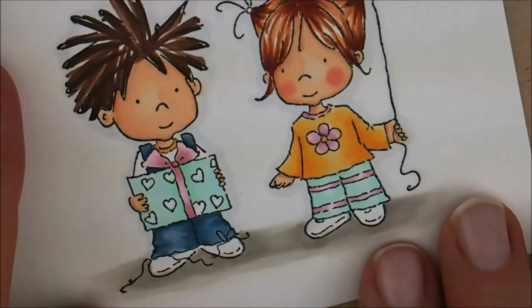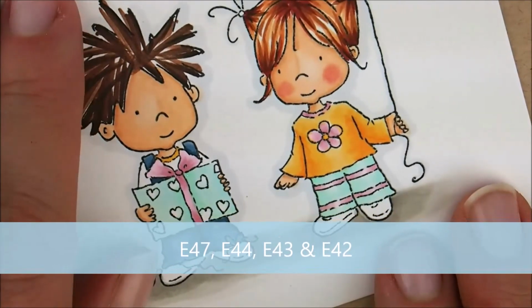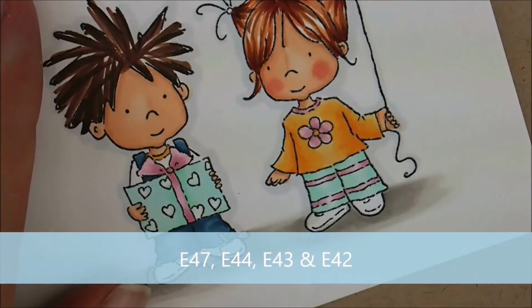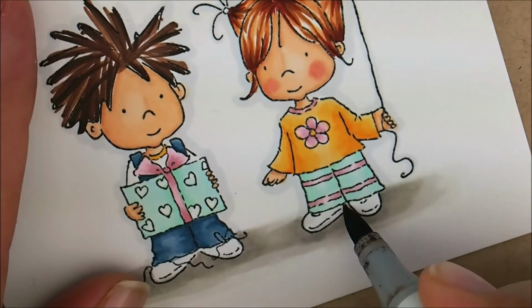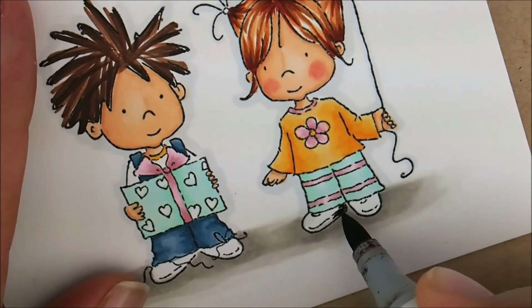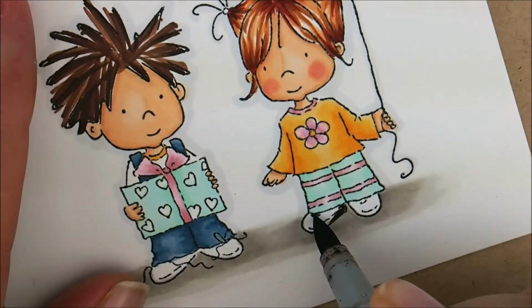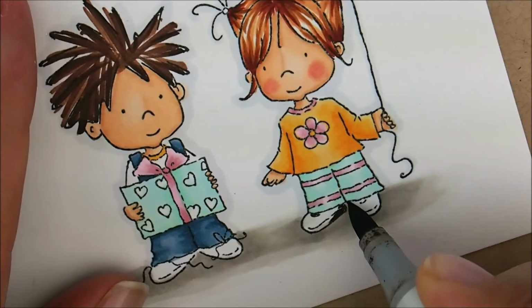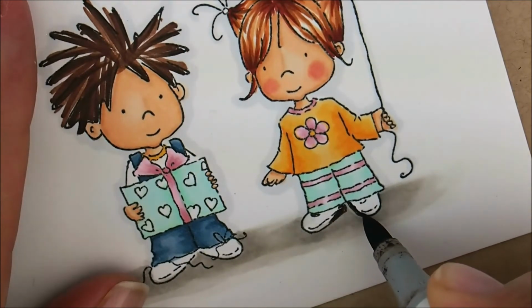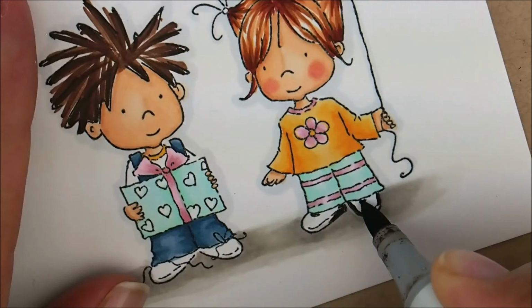Let's hop over here and do her shoes now, and for that we're going to use E47, E44, E43, and E42. I'm going to start with E47, and I just want to add a little bit of shadow, so I'm going to go along the bottom of this shoe over here, about like that, and right here she's got a little dip in her shoe. I'm going to color just above that little dip, and then same for this side. I want to do just along the bottom of her sole, and I think I'll do just a little bit on this side. And then that little dip,